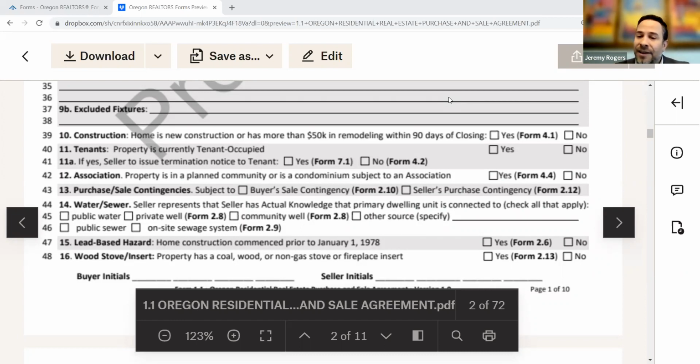That's not 95 days of closing. The reason we have this is that sellers are required under Oregon law to protect buyers from construction liens if there's been more than $50,000 in remodeling within 90 days of closing. Also, oftentimes, if there's been more than $50,000 in remodeling within 90 days of closing, you might be dealing with